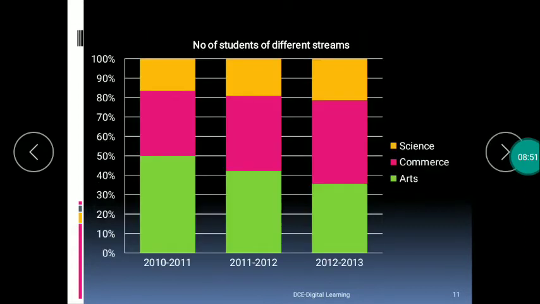So let's look at how the diagram looks. So this is how your percentage bar diagram looks like. You have to plot years, which are the independent variables, on the horizontal axis, and we have plotted the dependent variables, percentages, on the vertical axis, and we have drawn the bars. So first one was for arts, that is 50%, then 33% for commerce, which cumulated together comes to 83, and finally science is 17%, which comes to totally 100. So here you can see the length of the bars is the same because we have taken 100% as our total.